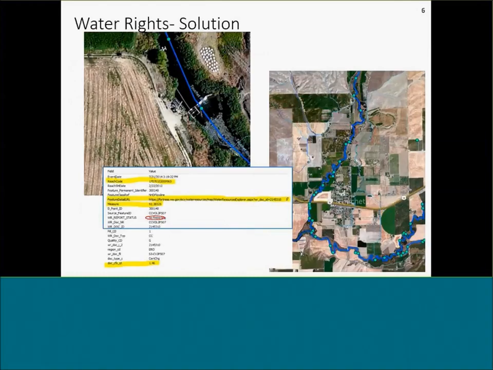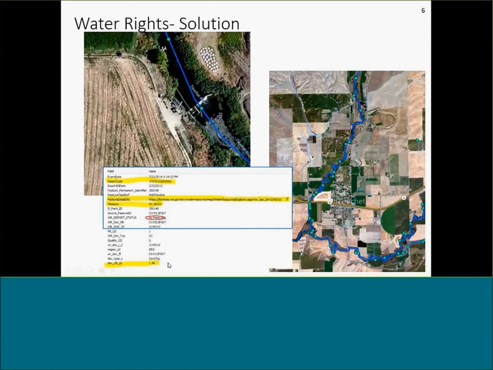And in the end, we have 37,000 of these located. This is a piece of data that's associated with them. Each of those point features has, of course, a reach code and a measure. They also have a URL that links into our web map that gives you a lot more information about that diversion. It also has a quantity on it down here.